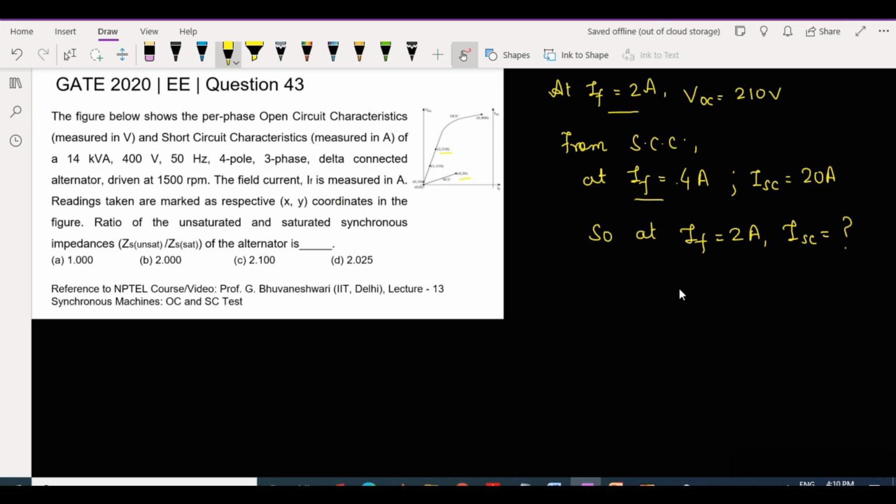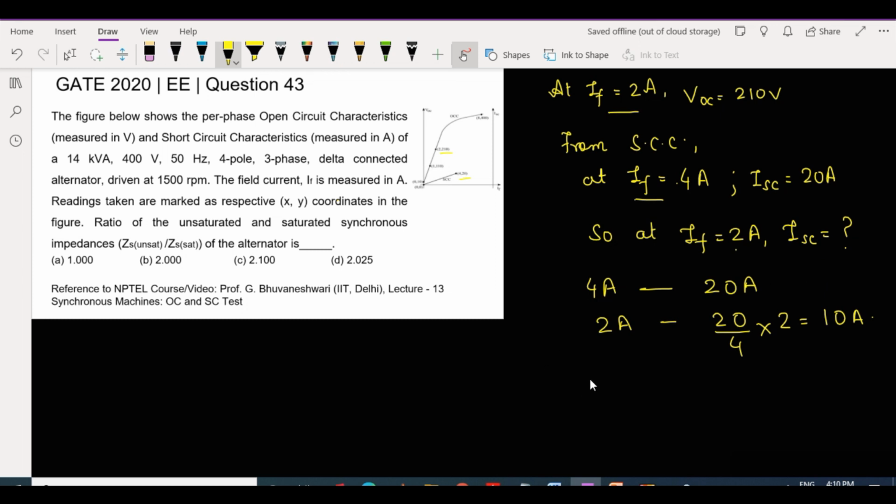From the short circuit curve at 4 amperes, short circuit current is 20 amperes. So for a field current of 2 amperes, this will give us a value of short circuit current as 10 amperes. So this comes out to be 10 amperes.